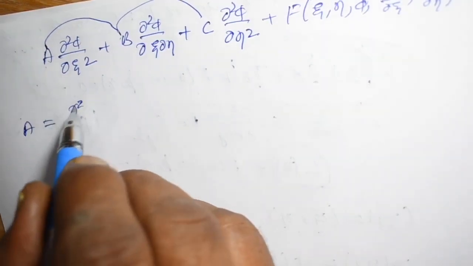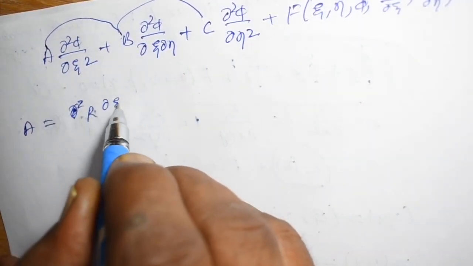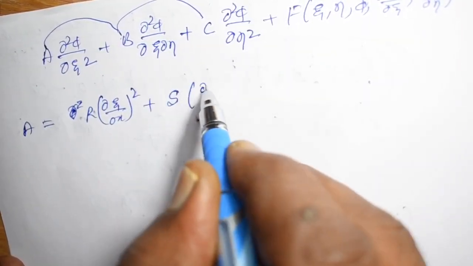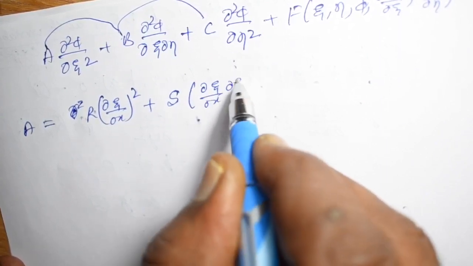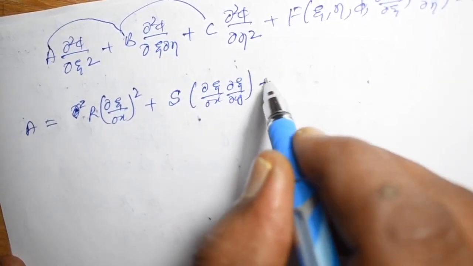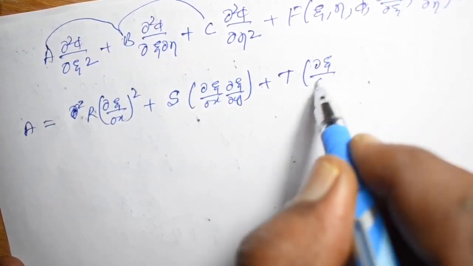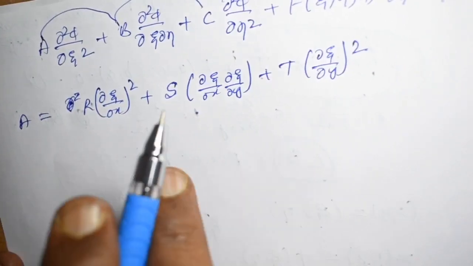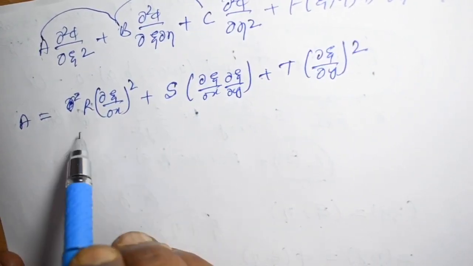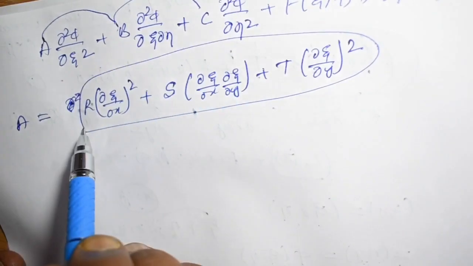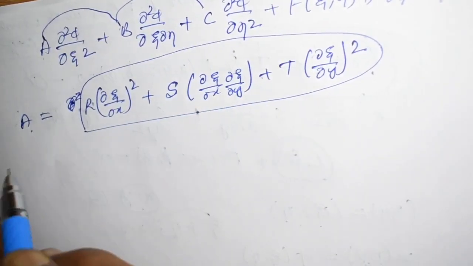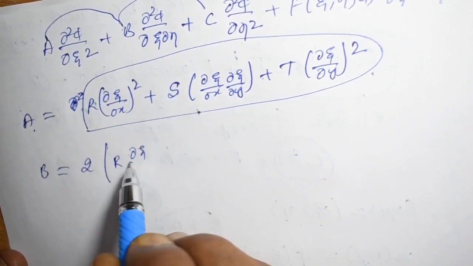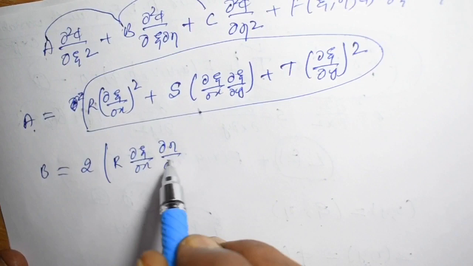So capital R into del xi by del x whole square plus capital S into del xi by del x into del xi by del y plus capital T into del xi by del y whole square. After substituting those derivatives in the first equation, you are going to take the substitution of these terms as some capital A and capital B as 2 times r into del xi by del x, del eta by del x